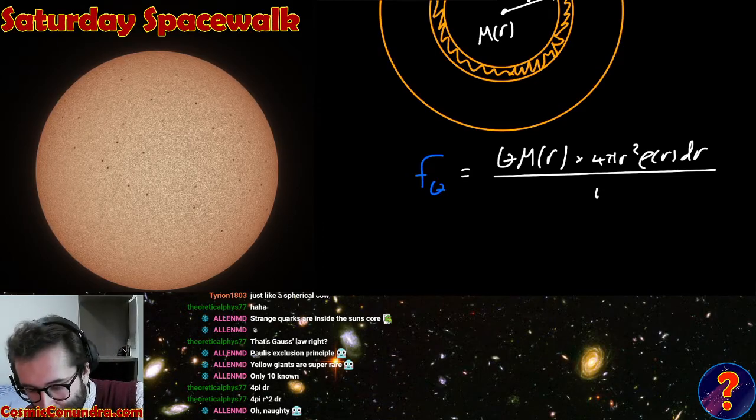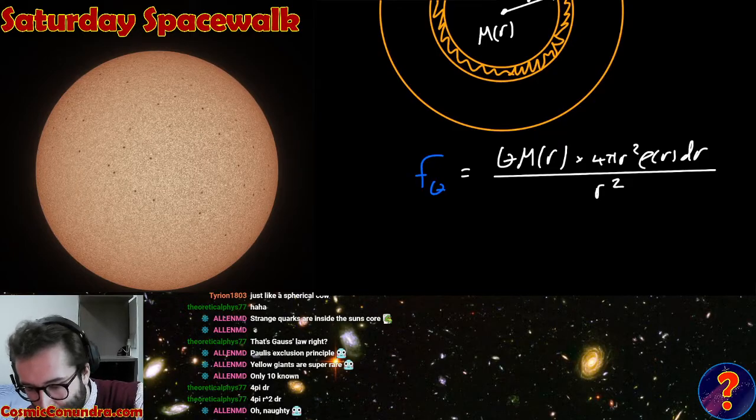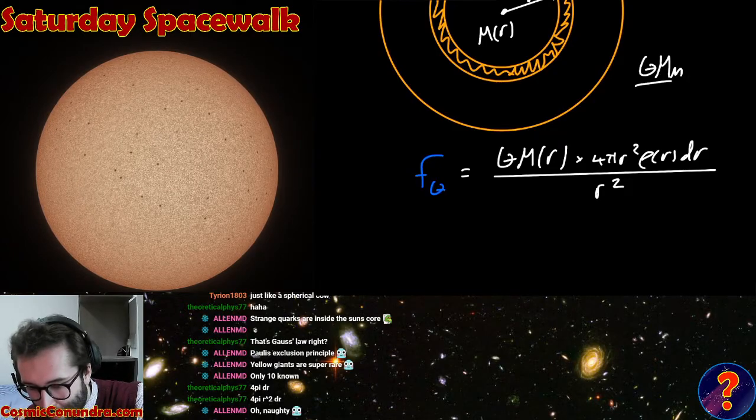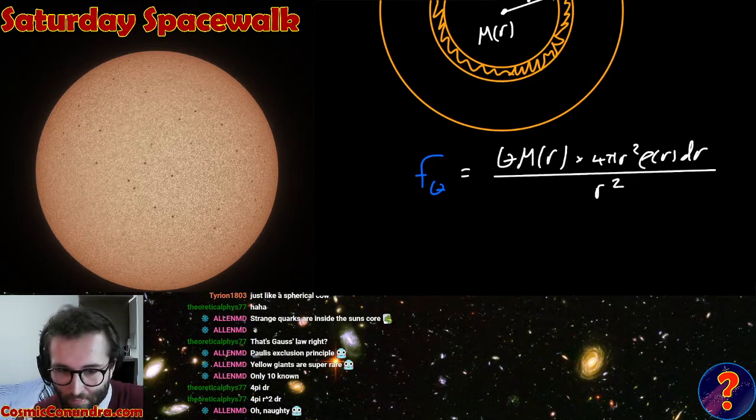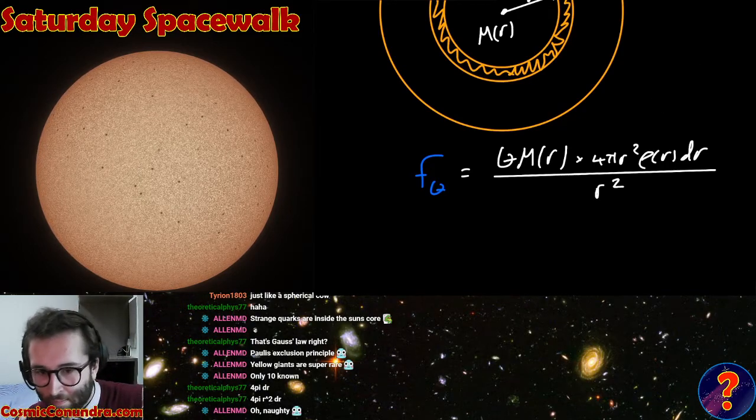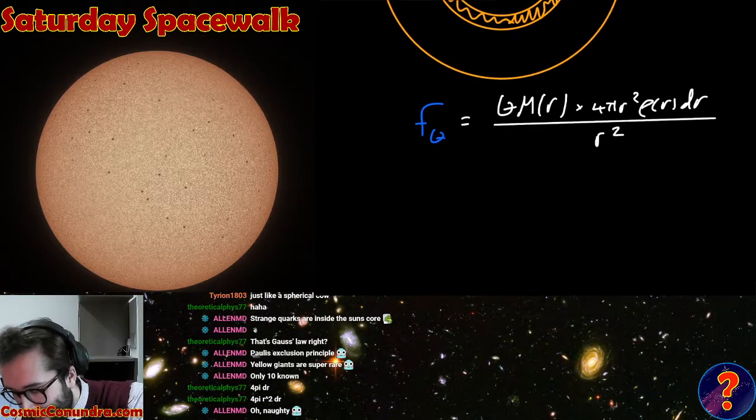And then this is, of course, all over r squared. This is just applying GMm over r squared between the layer and the inner part of the Sun. Okay. And pressure